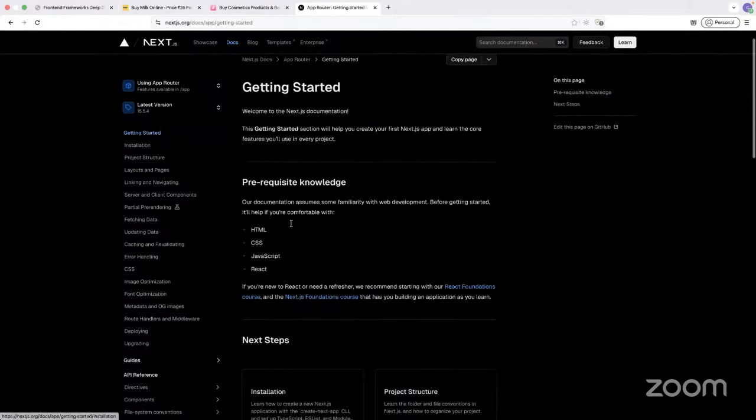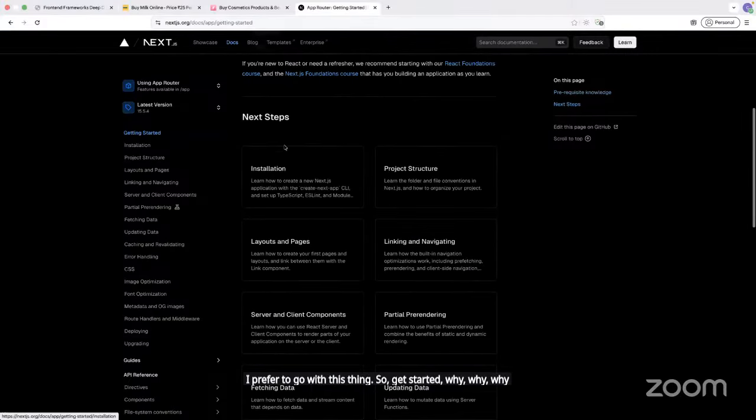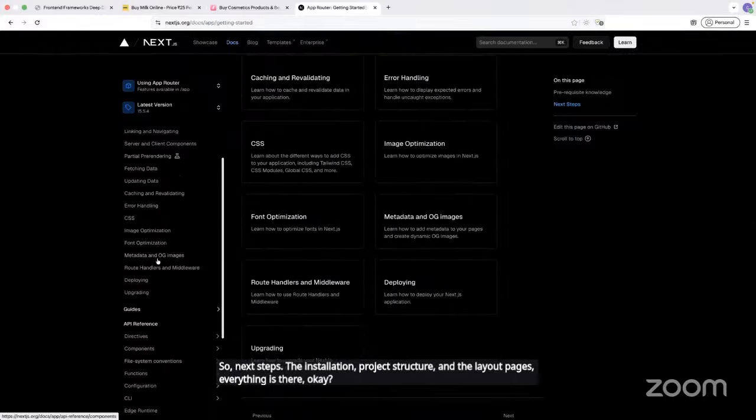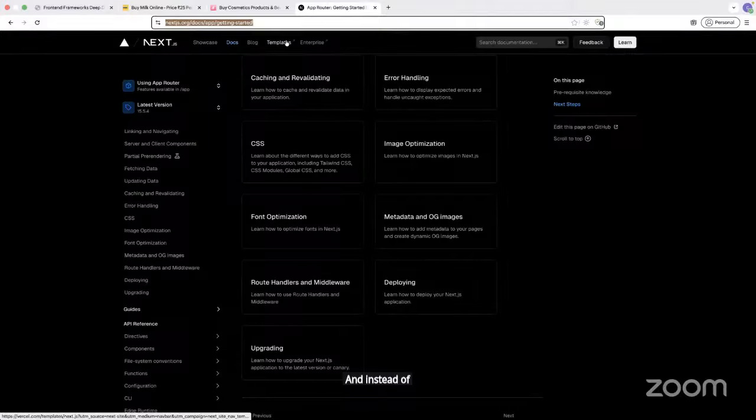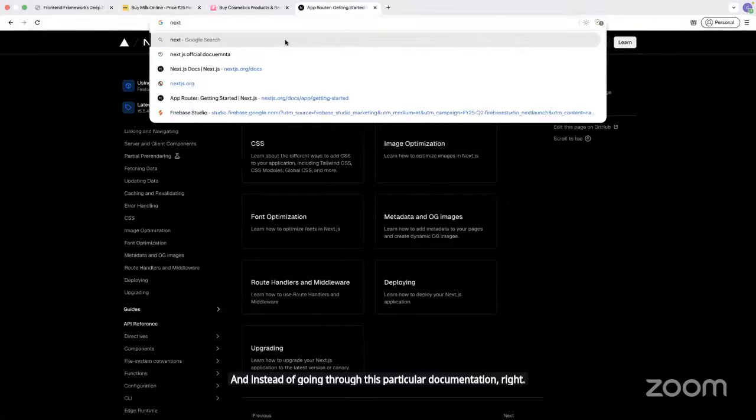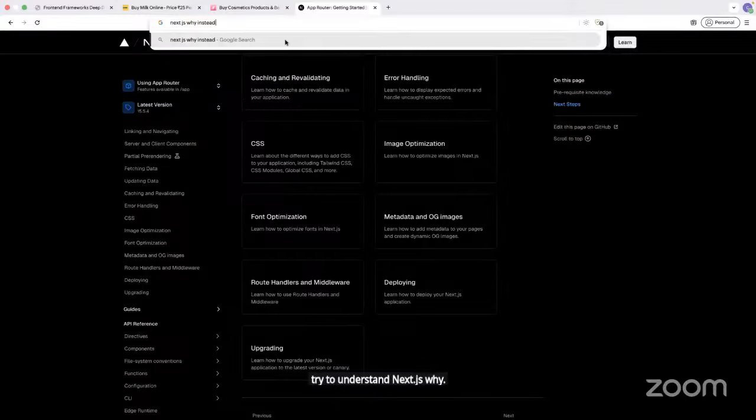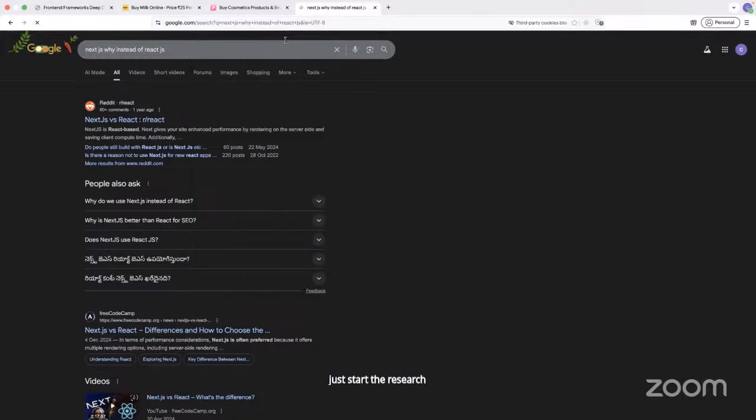So, get started. See here, the next steps: the installation, project structure, and the layout pages, everything is there. Instead of going through this particular documentation, try to understand why Next.js. Just start the research: why Next.js?